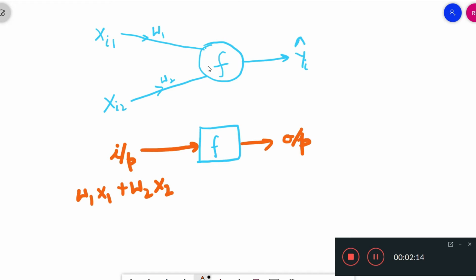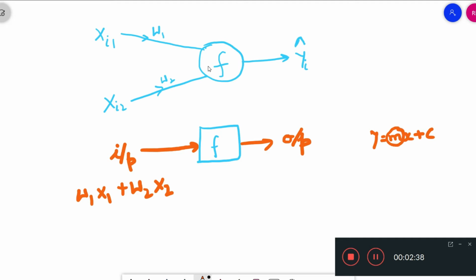Because this is a linear regression problem, we are actually trying to find a line or a plane that gives the minimum loss with respect to each of the points given in our data set. So what does a linear regression give as an output? It gives as an output a line or a plane. And what is the equation of a line? The equation of a line is of the form y equals mx plus c.